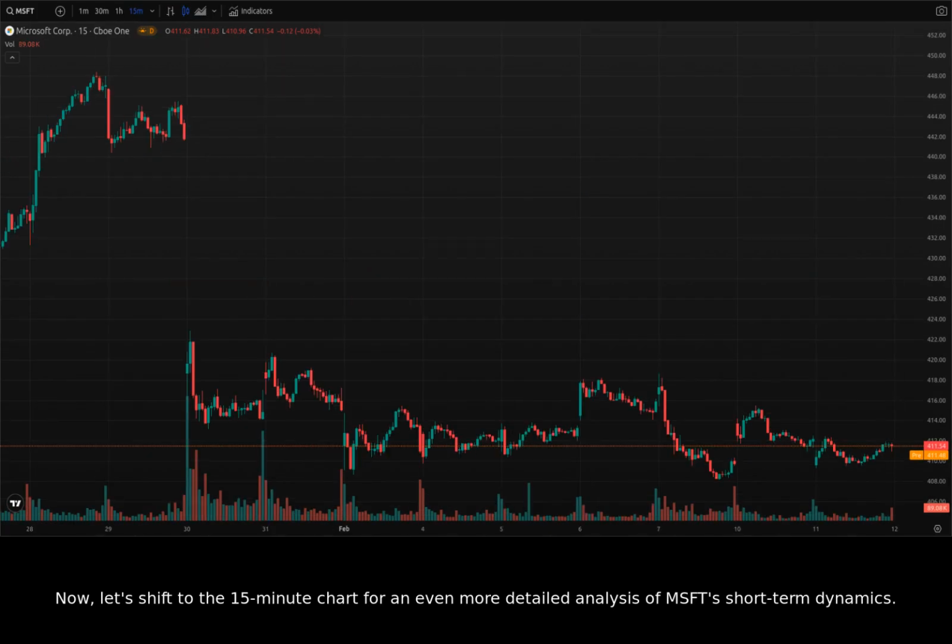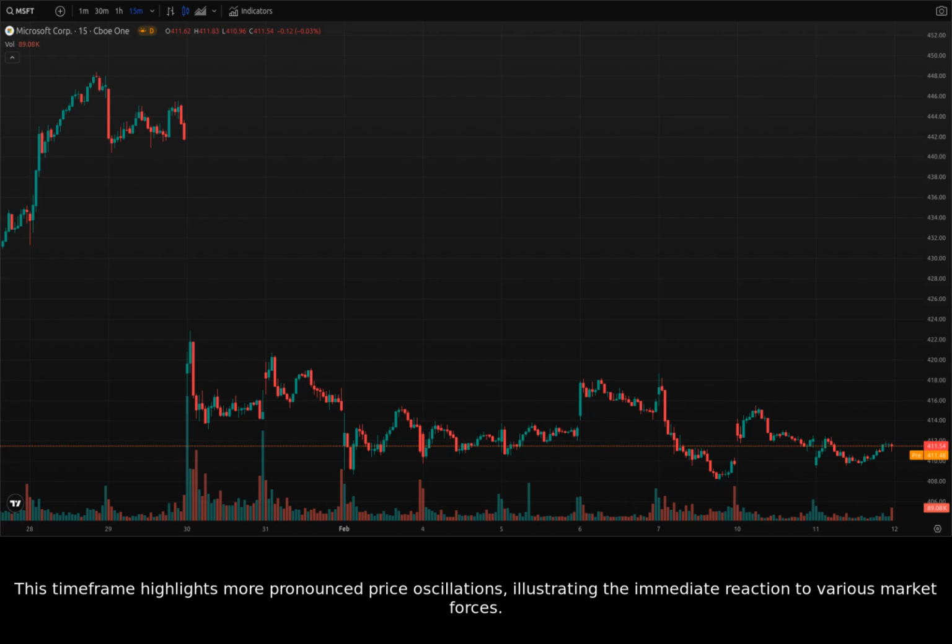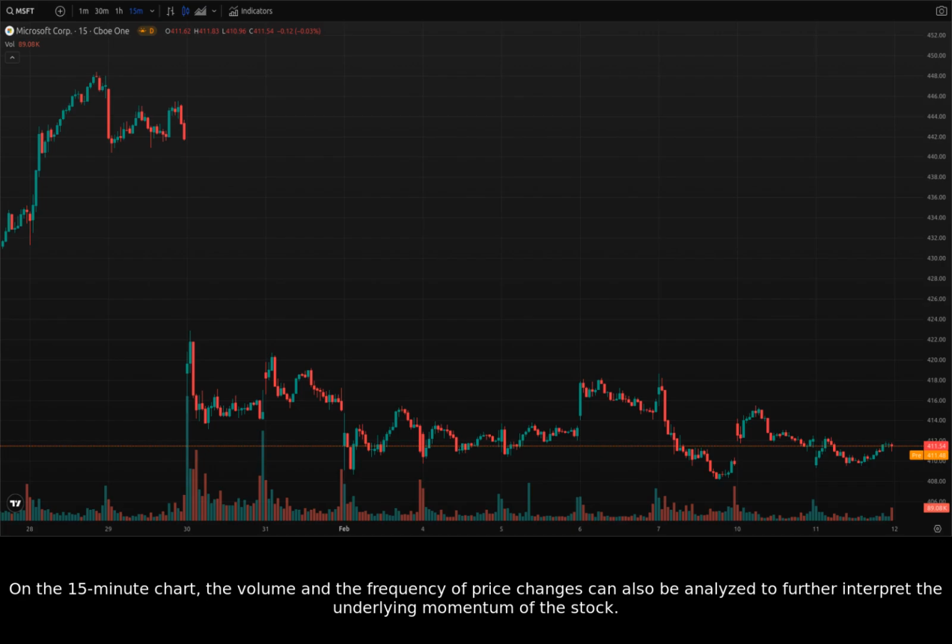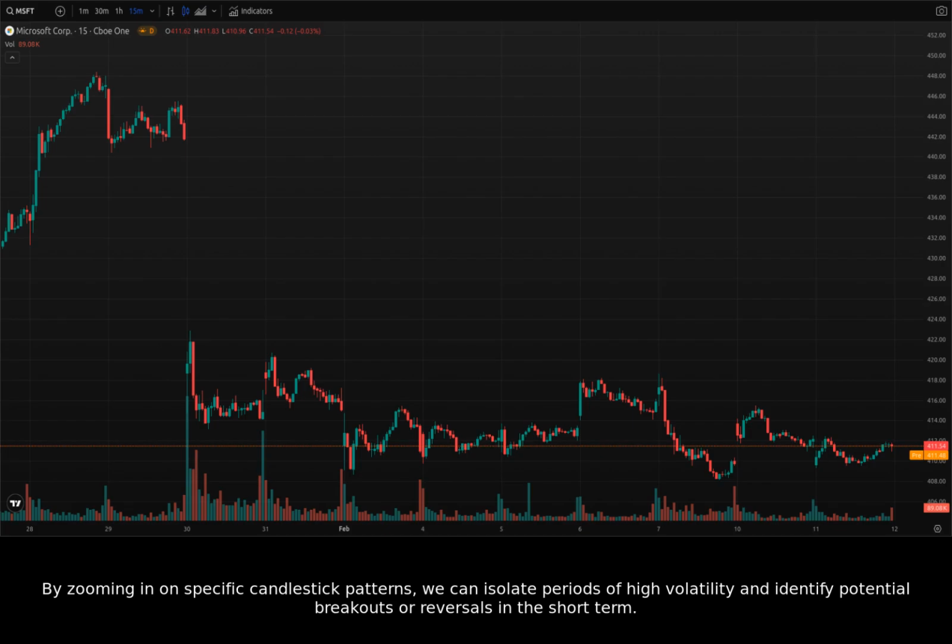Now, let's shift to the 15-minute chart for an even more detailed analysis of MSFT's short-term dynamics. This timeframe highlights more pronounced price oscillations, illustrating the immediate reaction to various market forces. On the 15-minute chart, the volume and the frequency of price changes can also be analyzed to further interpret the underlying momentum of the stock. By zooming in on specific candlestick patterns, we can isolate periods of high volatility and identify potential breakouts or reversals